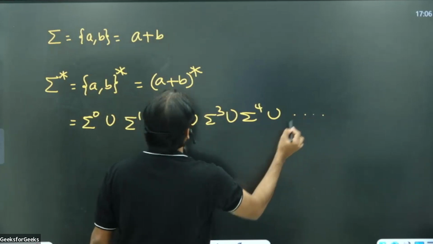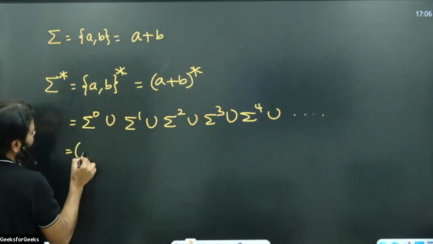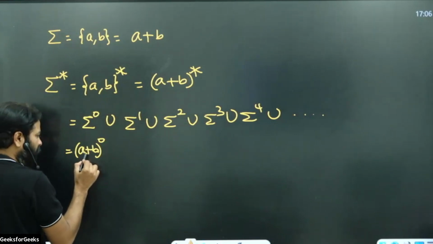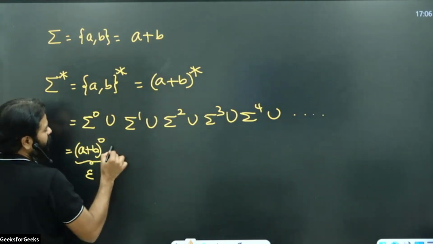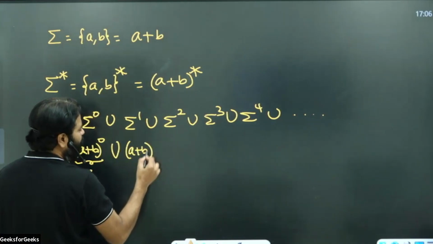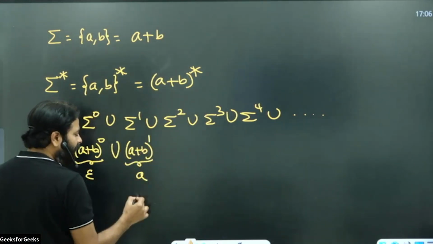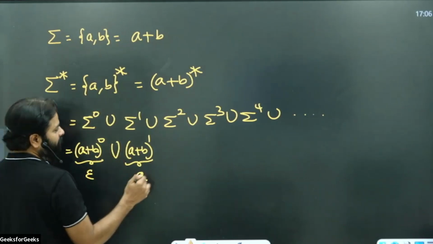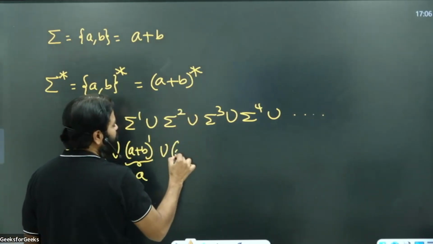What does sigma power 0 represent? A plus B power 0 is equal to epsilon. Yes or no? Union. Power 1 means A plus B power 1. What does it generate? It generates A or B, not both at a time. Either A or B, only one at a time. Union. Power 2 means